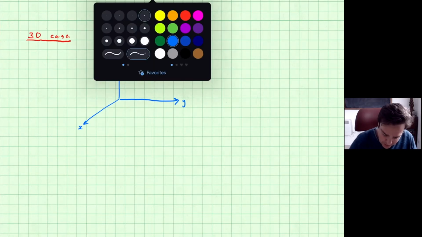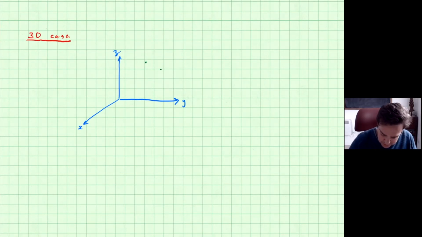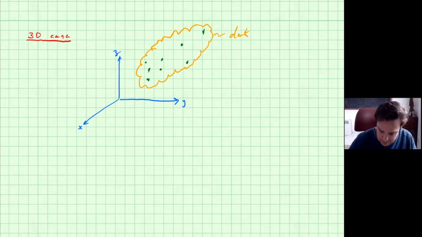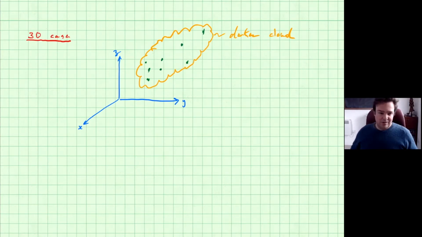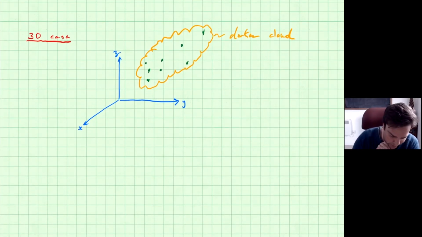And the data points exist someplace, like that, right? You can say that they exist in a kind of shape that we call the data cloud. It's the region in the feature space where all the data exists, all right? Now, here's how we go about the principal component analysis in the 3-dimensional case. I'm just going to sketch it a little more quickly this time. Step 1,